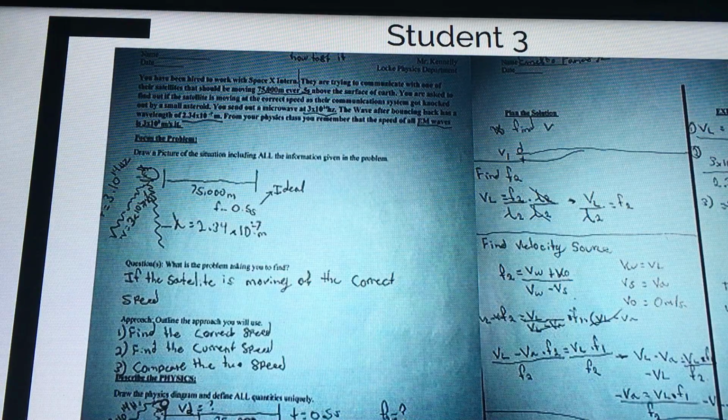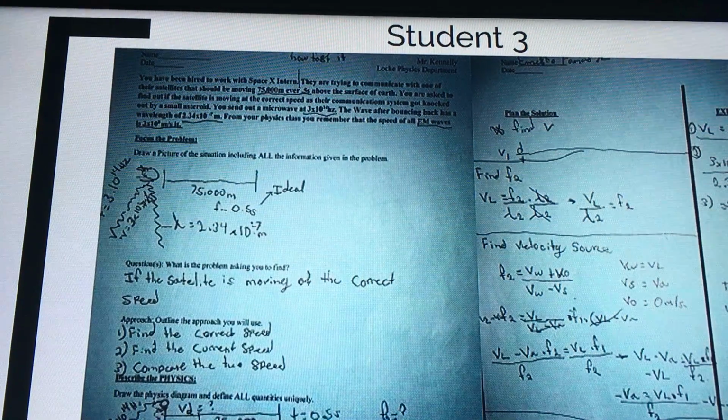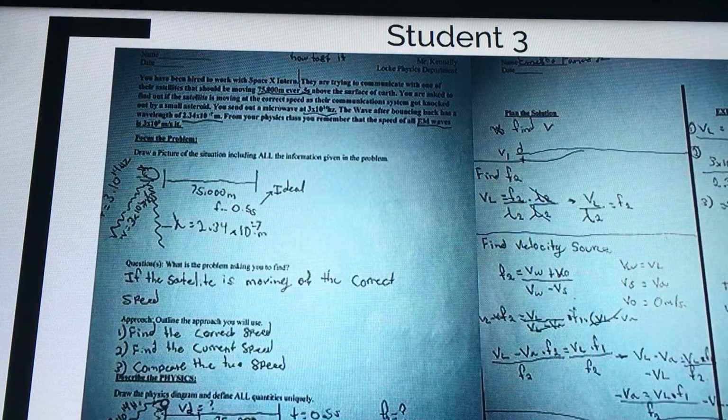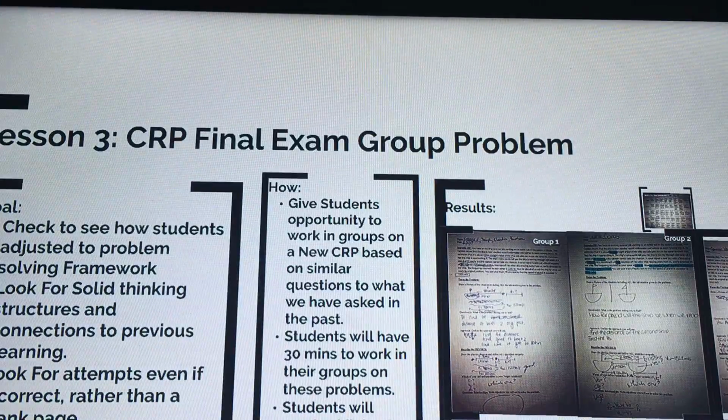They may have had about 45 minutes to an hour on this problem. I think I gave them a little bit more time just because it was such a meaty problem and it was still a very new idea. This was about 2 to 3 days after that initial problem that you saw, where the students were all over the place. Now, one of the things that we discussed with the readings was that students need to be able